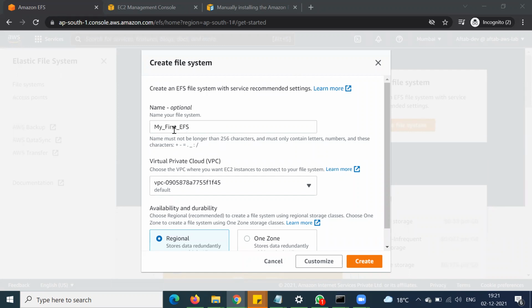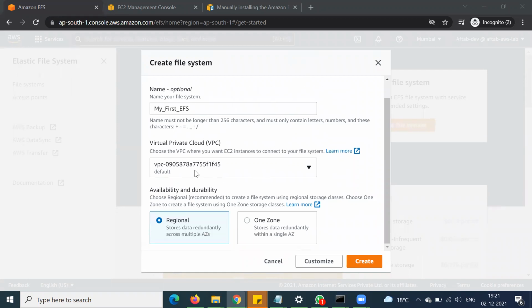My first EFS. And then the VPC, we can keep it as default, and then availability and durability.